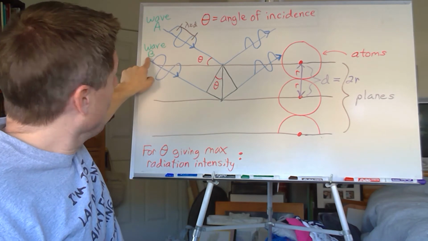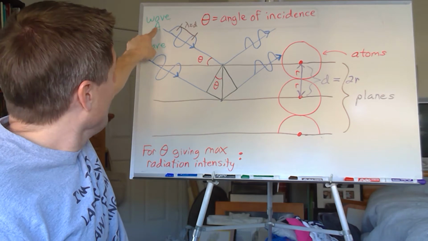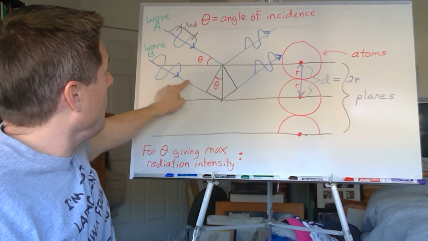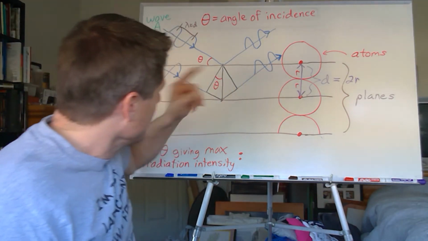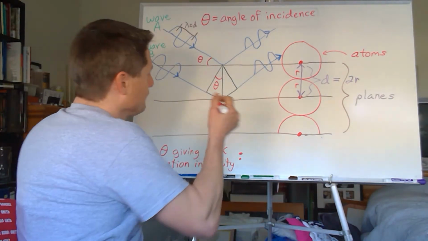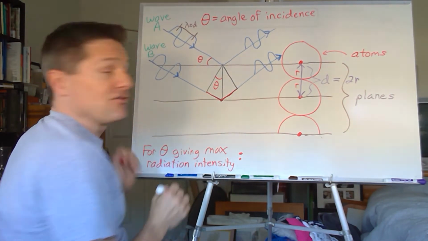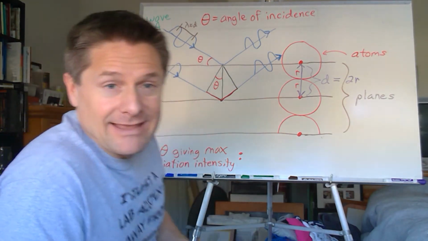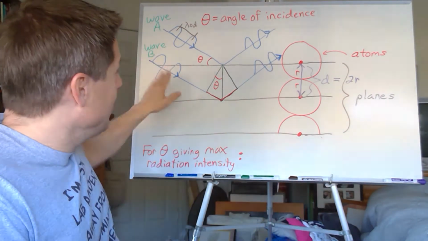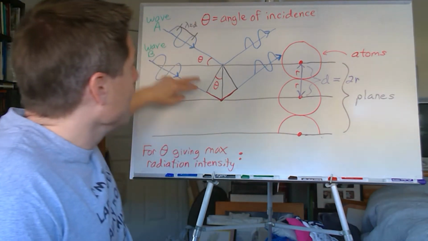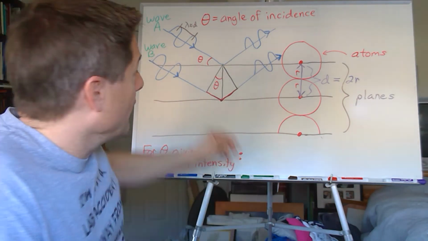Now notice wave B, which travels down to the second level, versus wave A. Wave A goes boom, boom. Wave B has to travel that extra distance there and then that extra distance there. So you see, I'll outline this in red, that little extra distance there and that little extra distance there. That plus that is how much further wave B has to travel than wave A in order for these to be in phase and constructively interfere,